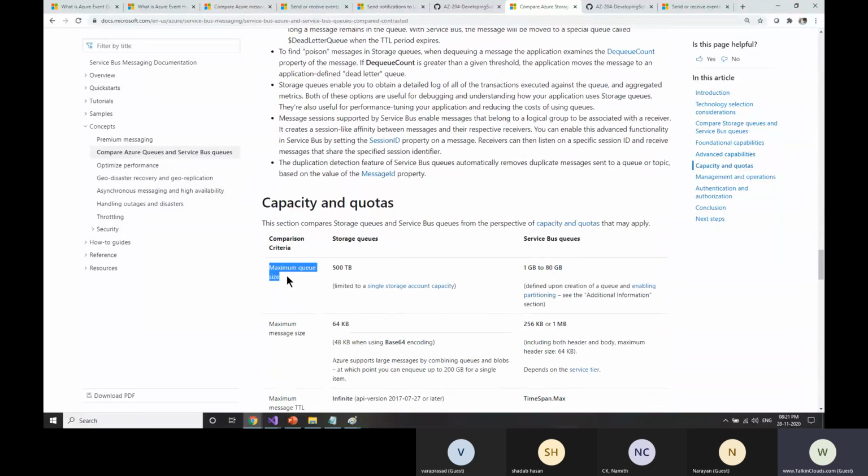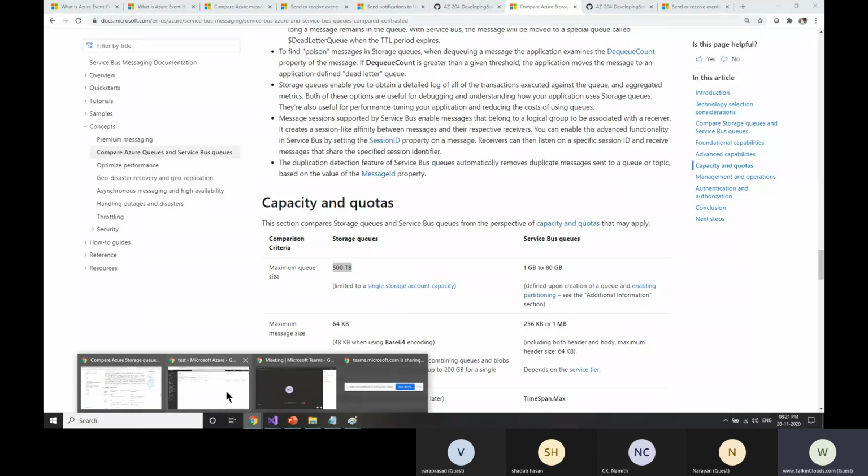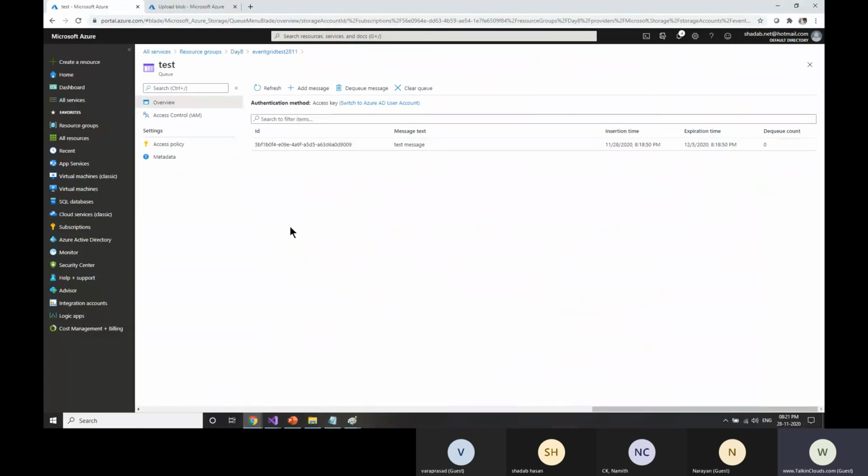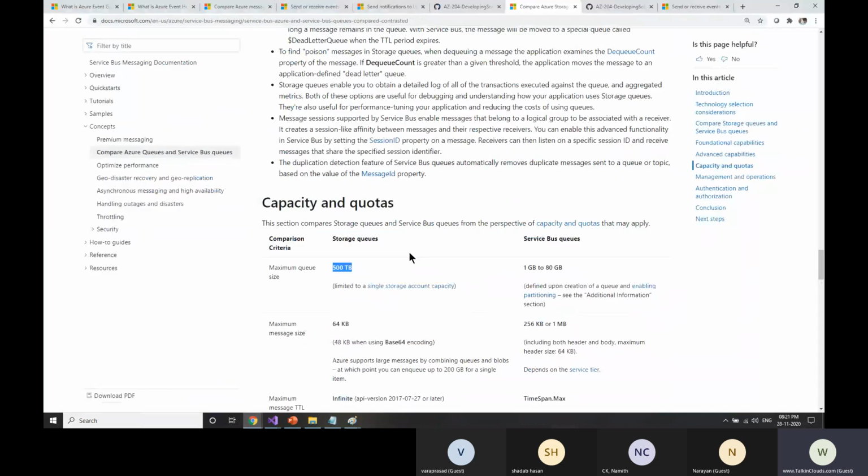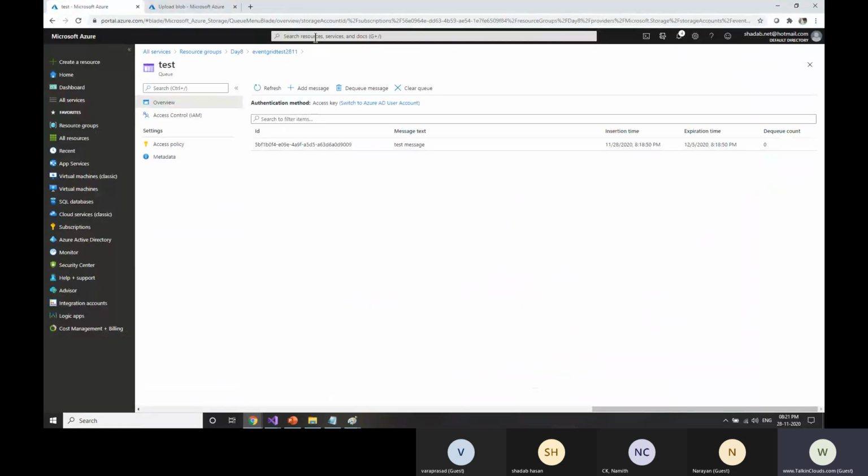Additionally, talking about the size of the messages: in a storage account, how much can I store in this queue? You can store up to 500 TB, as we know the maximum allowed storage account size is 500 TB.